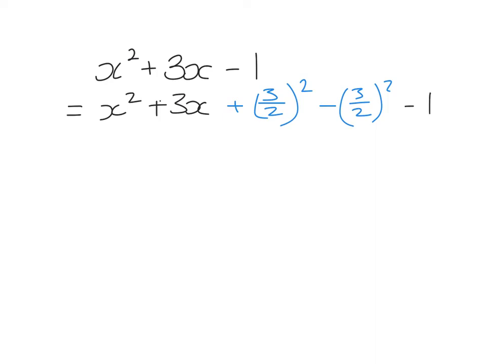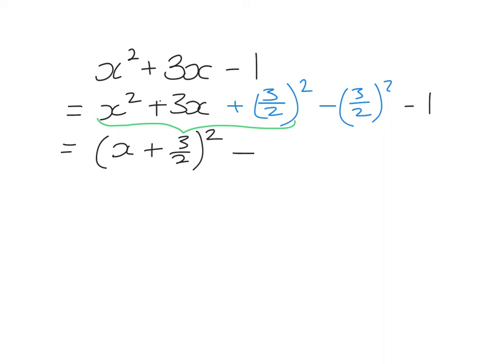Now fractions aren't scary. So these first 3 terms here will become our perfect square. So this is going to equal x plus 3 over 2, just leave it as an improper fraction, squared,